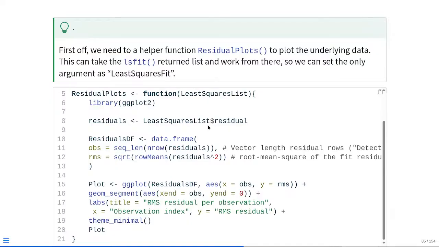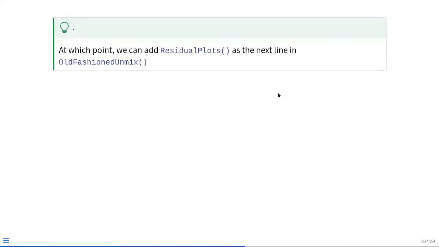And then at that point, within the actual function itself, we're just going to go ahead and do a lot of ggplot code. So in this case, I'm just, by convenience, going to call library on ggplot2. We're just passing in a named list, so we're actually grabbing the residual component, and then we're deriving out some individual bits and pieces, like which are the detectors for observations, and then the root mean square, which is going to be the fit for the residuals, and then those are just being passed directly to the actual function itself. And then at that point, if we run the function in our local environment, we now have residual plots